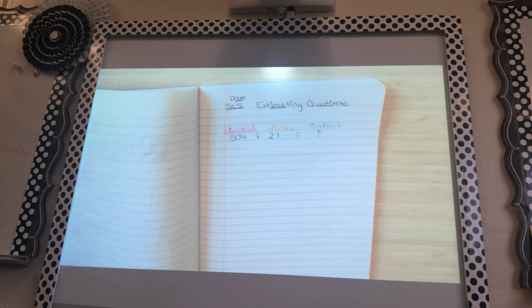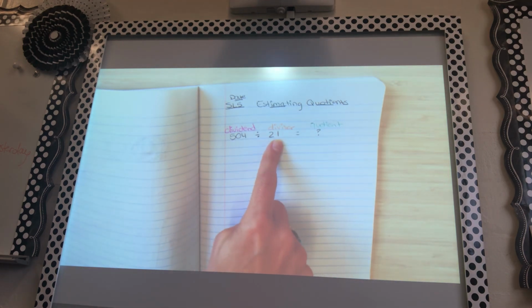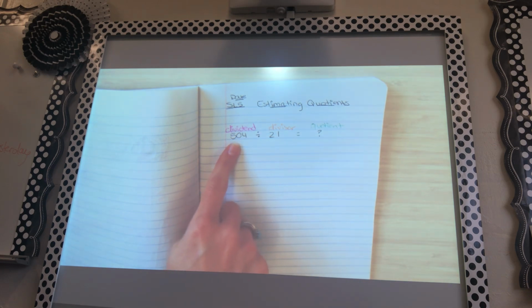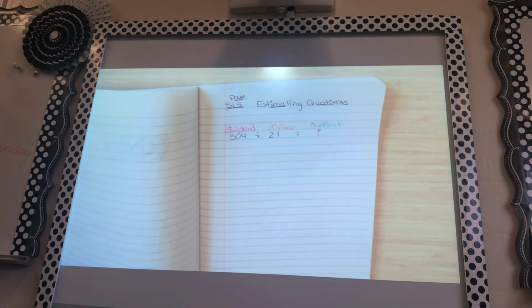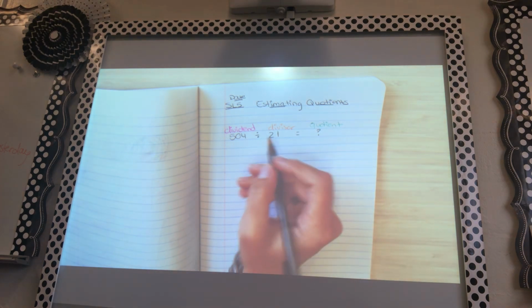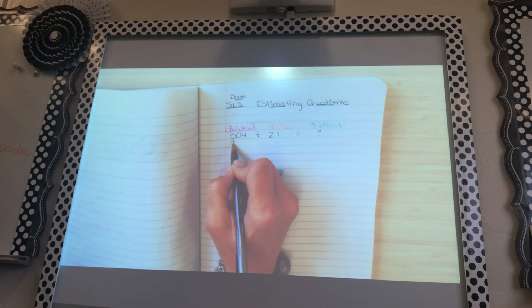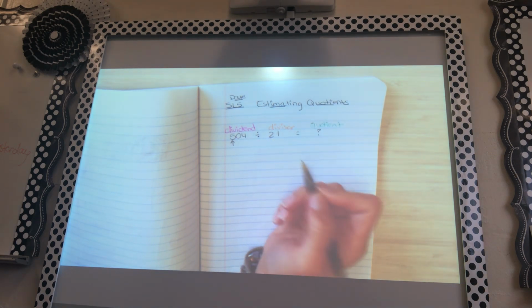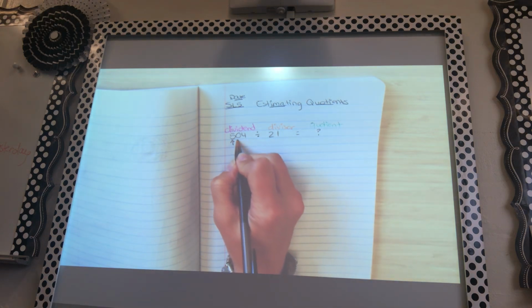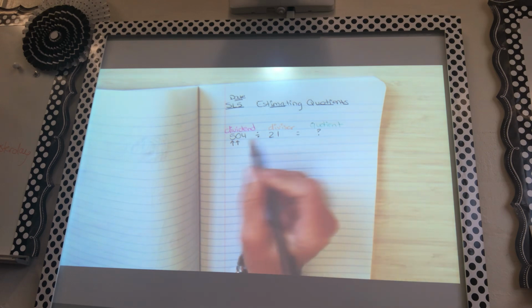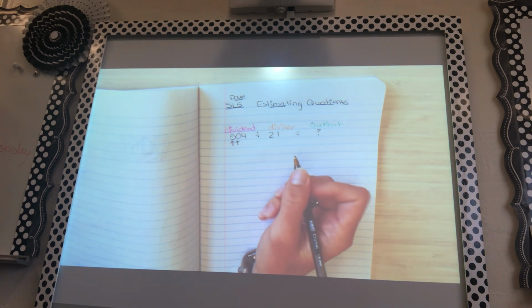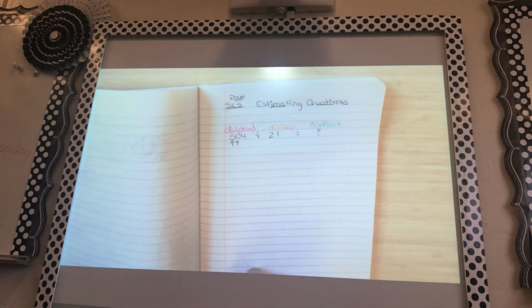So I'm going to start with thinking about my place value. I have a 2-digit divisor, 2 tens, 1 one. I have a 3-digit dividend, 500, 0 tens, and 4 ones. I need to look at what place value I'm going to start in when I divide. I wouldn't start in the hundreds because 5 flats can't be put into 21 different groups without fair trading. But I can put 50 tens into 21 different groups without fair trading. So I know that I'm going to start in the tens place